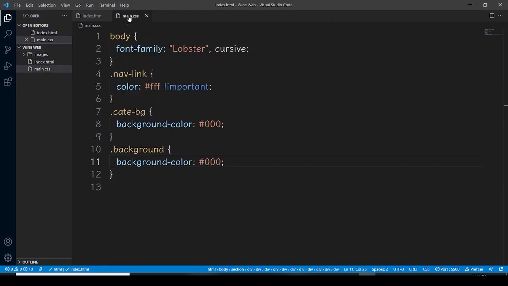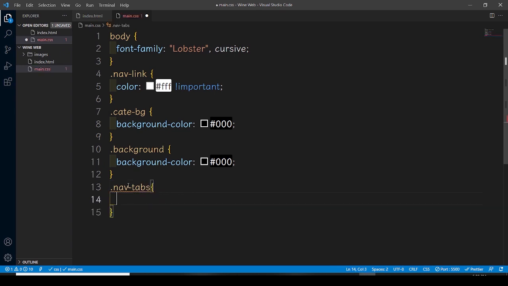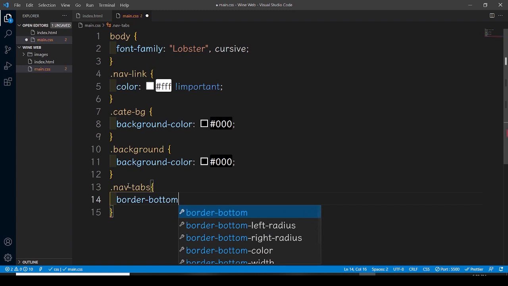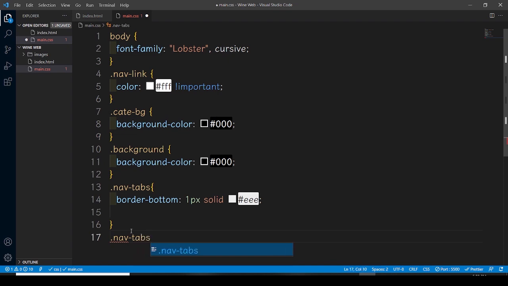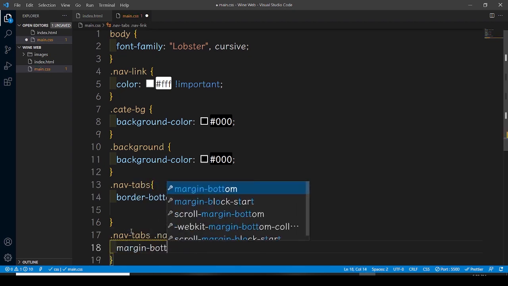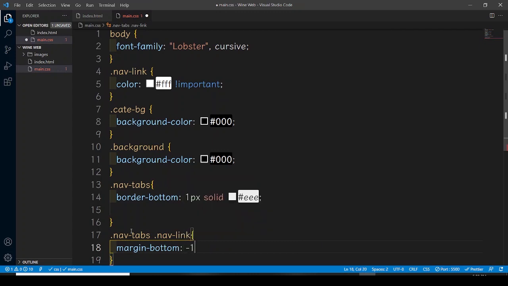Okay, let's go to the main.css and start styling these nav tabs. So first of all, let's get this nav tabs border bottom. Sorry, border bottom is not -1 pixel. It's gonna be 1 pixel solid, and the color is gonna be gray. Let's keep it close to white, not pure white. Then we have to go with the nav tabs and nav link. So nav tabs and nav link, margin bottom -1 pixel,